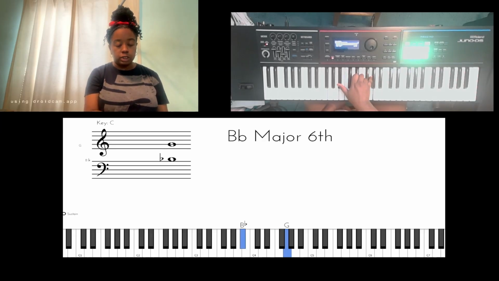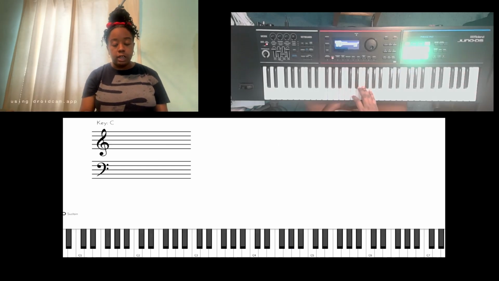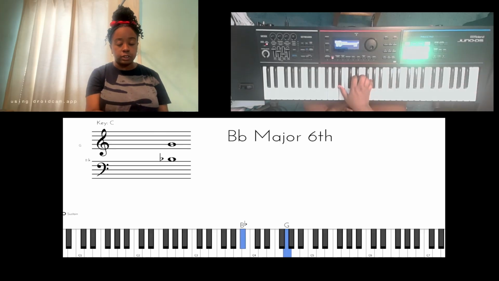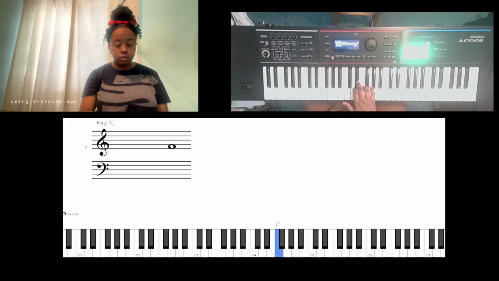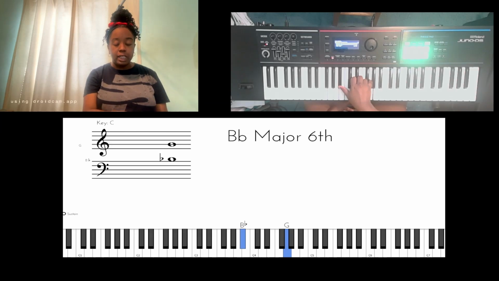Okay, so our major six is right there, and we got there because we needed F sharp, but we needed to add one more half step from F sharp to get to G natural. Try not to touch that F sharp. And then to get to our 7, which is A natural,